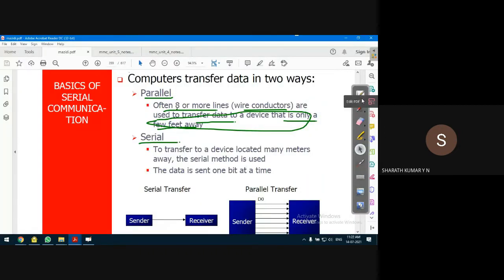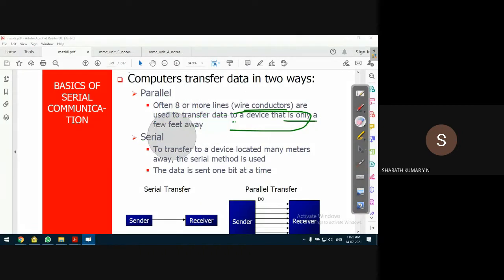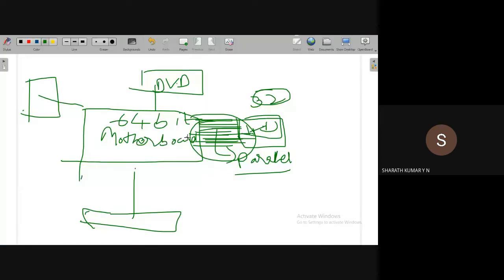Parallel communication. Whereas the serial communication is used to send the data as well as receive the data between two devices which are located far away. The data in this case is sent through a single line, instead of multiple lines like this. It consists of only a single line.